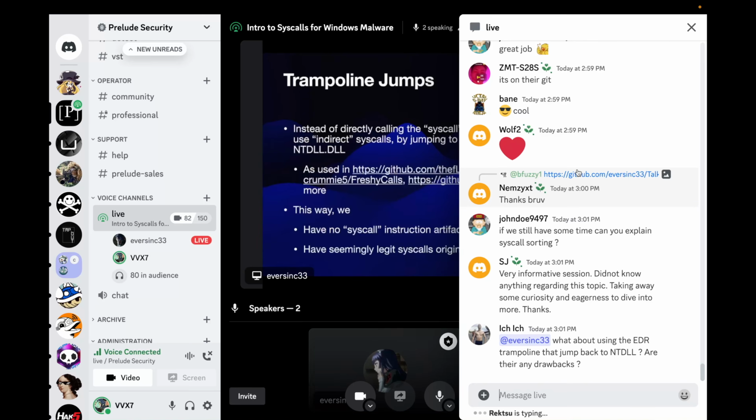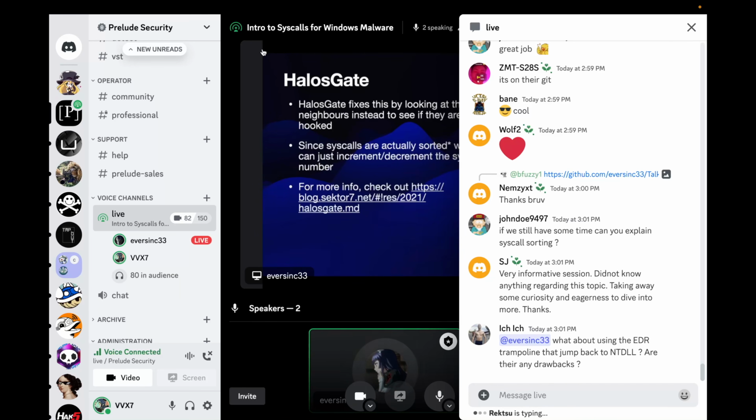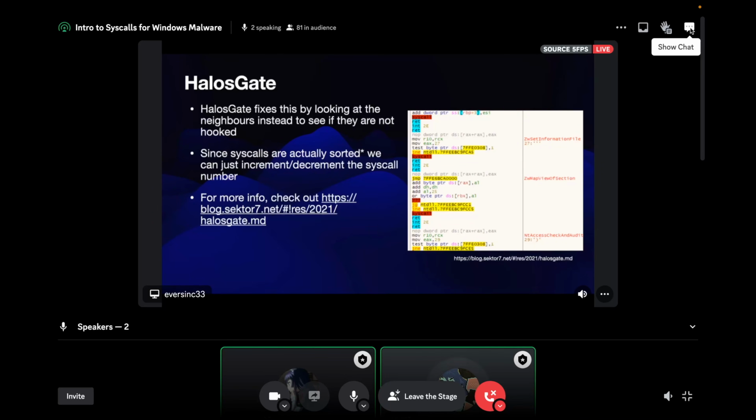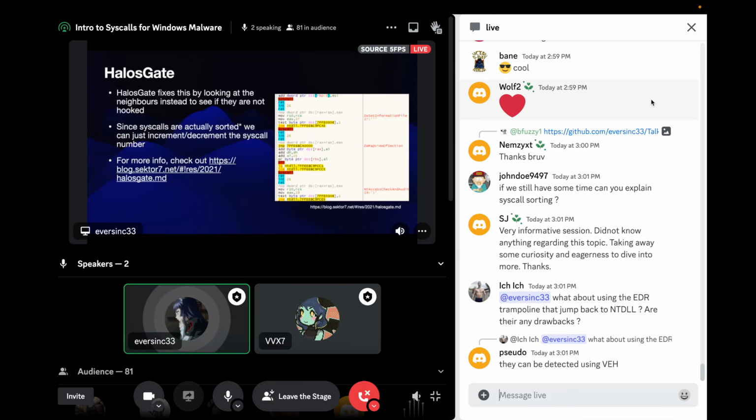Yes, I can, at least in some way. I hope I don't get anything wrong, so let me explain this in a very superficial way. I don't want to get too technical because I might tell you something that's wrong. But basically, if you look at the screenshot on the right about syscall sorting, you will see that on top, it's number 27, ZwSetInformationFile. The next one would be number 28, and the next function would be number 29. And basically, this means